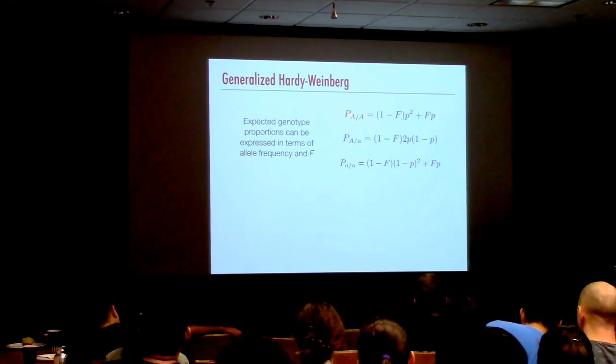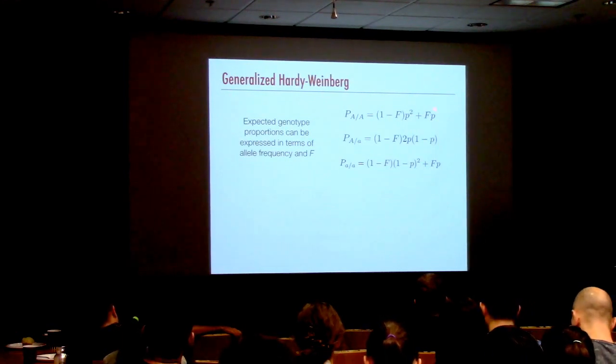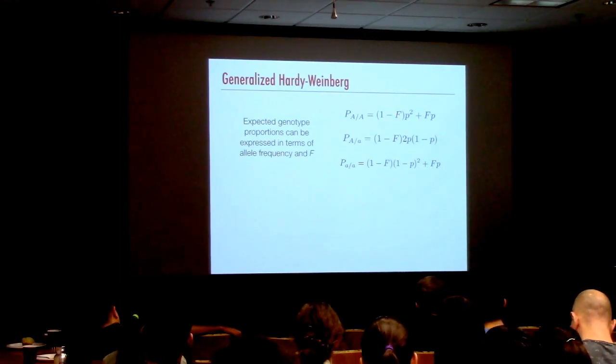I've switched from A G to A little a in these equations. When F is equal to 0, these are just the classic Hardy-Weinberg, which are also what you would get if you think about sampling these indicator variables